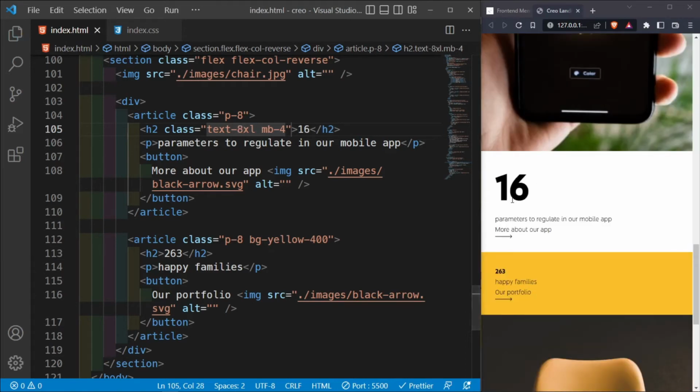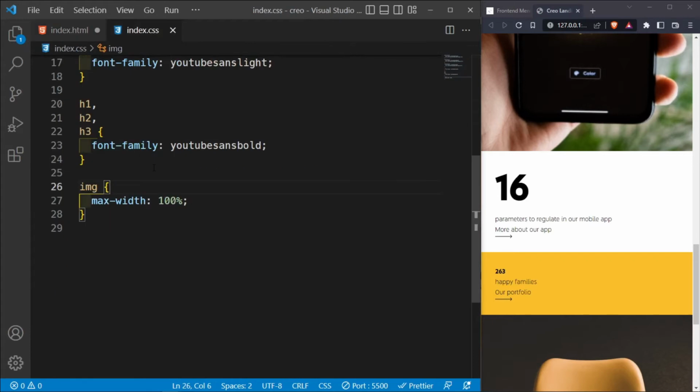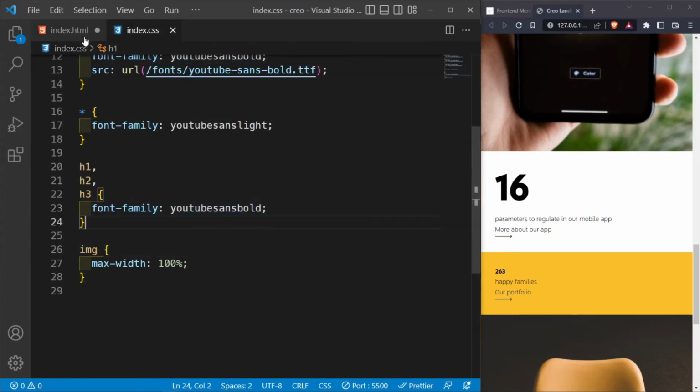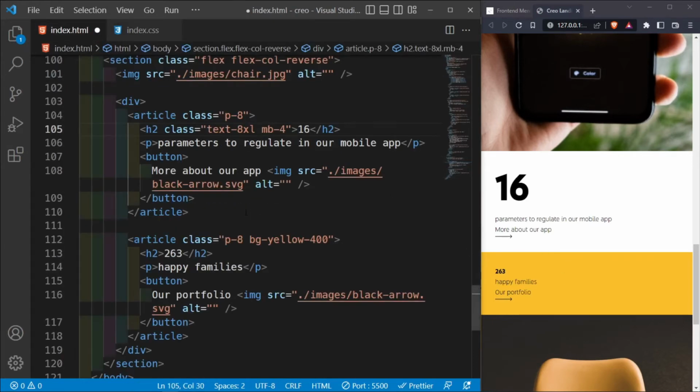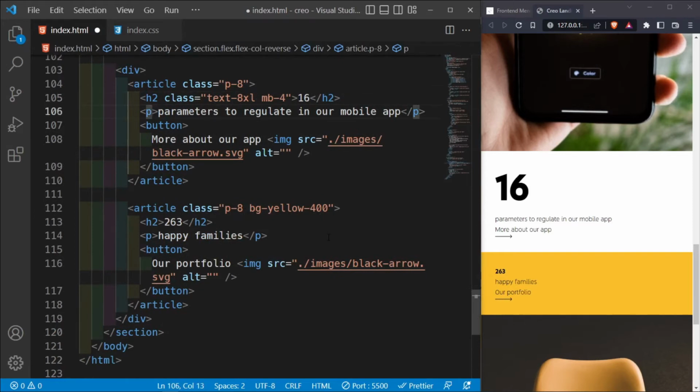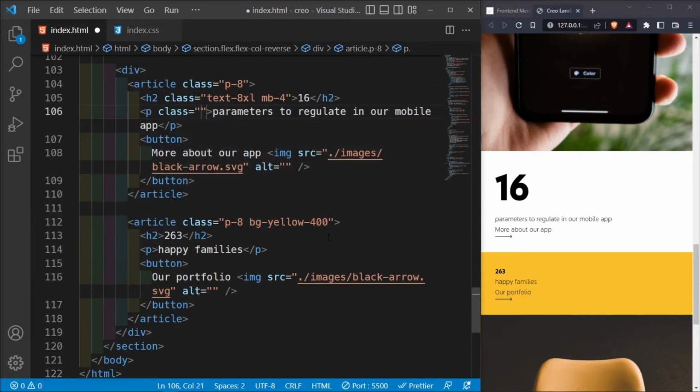Yeah, make it big, very big. Let me try and say font light here to make it lighter. Font normal. Okay, it's not affected because we have explicitly defined this to use the bold font. And then let's go ahead into this paragraph, give this a class of margin bottom of 10, pushed away from